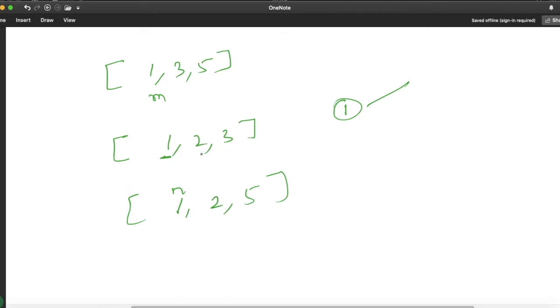Now when we are going to start for the next element, since these are in sorted order, we don't have to start again from the initial position. We will simply increase our counter by 1 and start checking from here. Is the next element satisfying that condition or not? Q should be greater than or equal to P, and at the same time Q should be greater than or equal to R. If it is not satisfying, we will simply move to the next element.